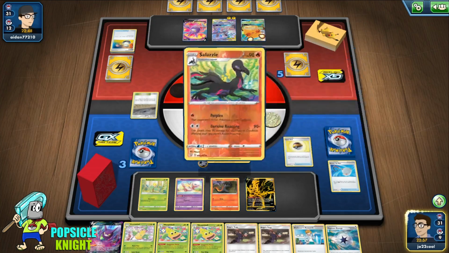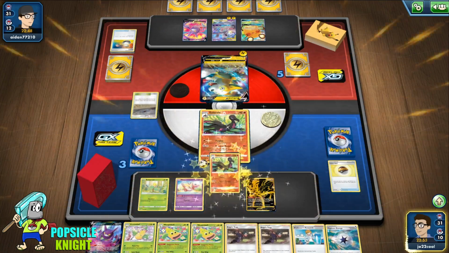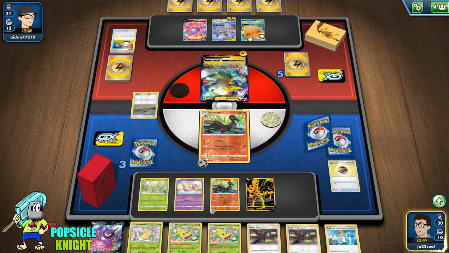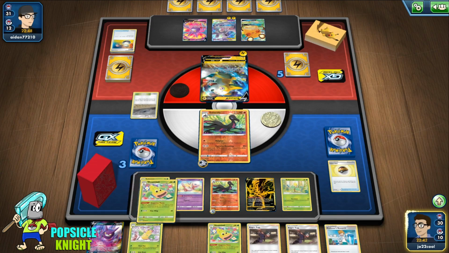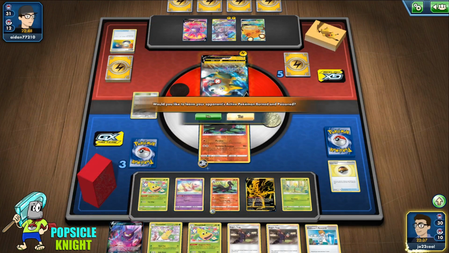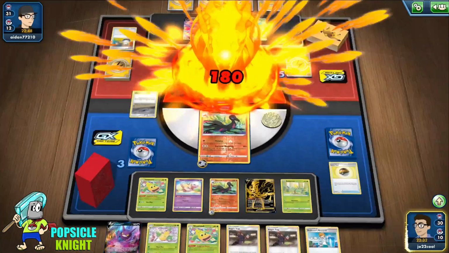So I'll just use Level Ball here to get another Salazzle, just in case they knock this one out in the active, we have 1 ready to go. So with that Capture Energy, we get another Bellsprout. We can use... Yeah, let's evolve into Weepinbell. That'll get them poisoned, and the Boltund will be poisoned and